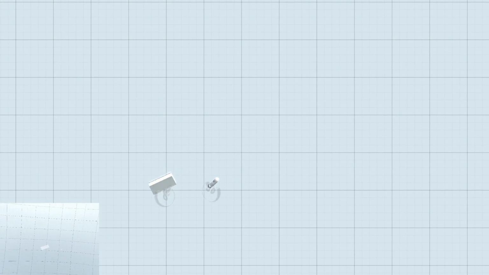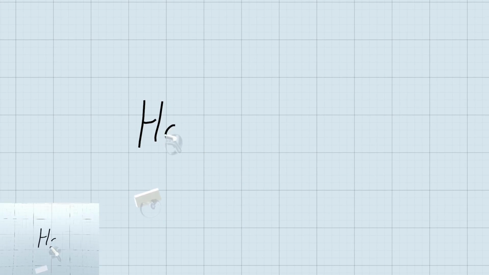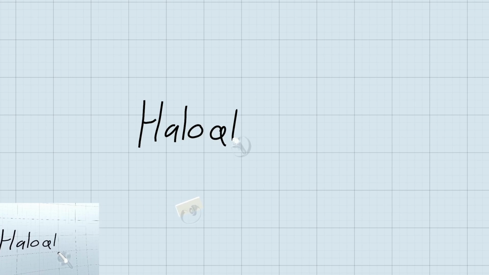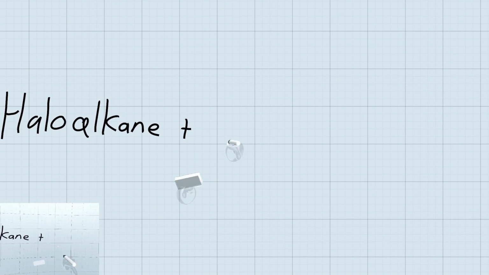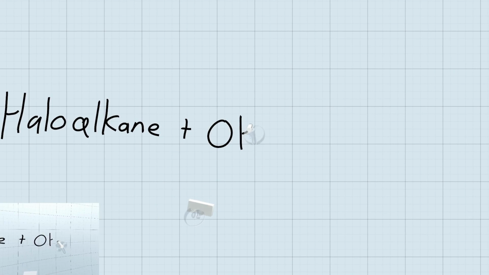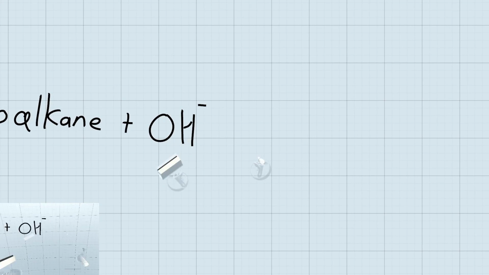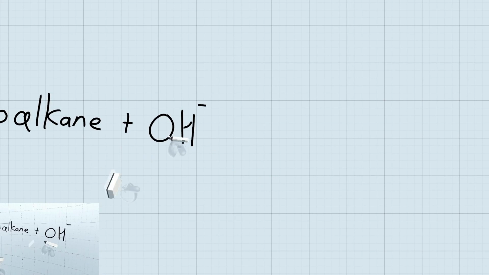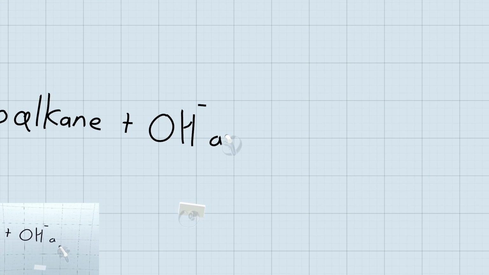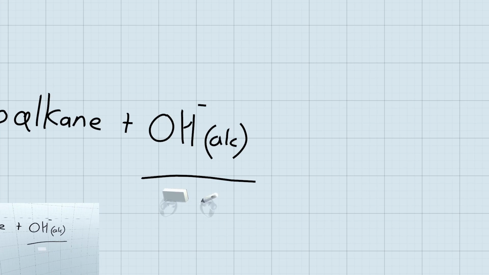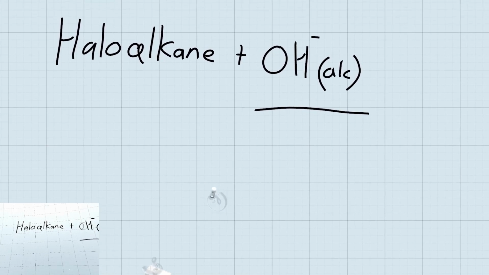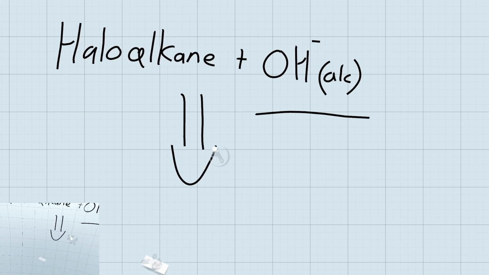Right, this is going to be an elimination reaction. So if we've got a haloalkane and we react it with a strong base again, so OH minus, a hydroxide over there, but instead of doing this with an aqueous solution, so just water and all that, we're going to be doing this with alcohol, right? So something like ethanol would be completely fine with this. So you'd pretty much do this in a strong alcohol solution. Cool. So what this forms is an alkene,